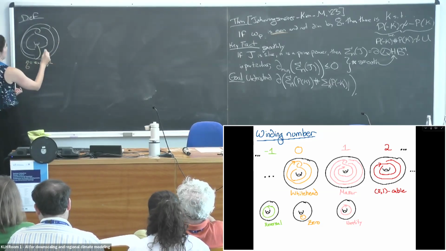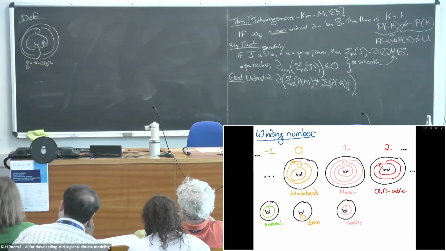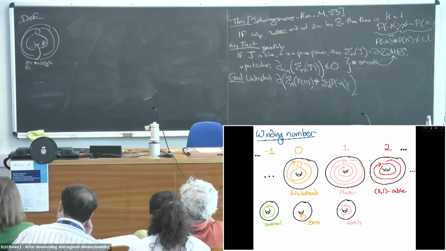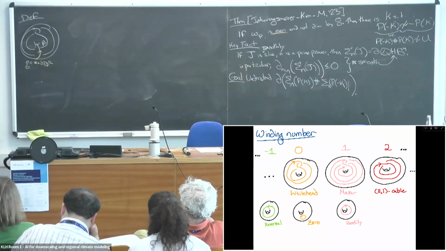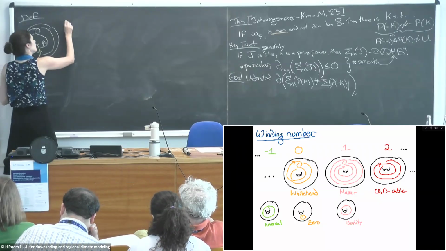Here's my pattern P. You can equally well think about a pattern as being a two-component link, where one of the components is specified and is forced to be the unknot. Let me put orientations on this since I promised I would. One of the components is specified to be the unknot. In particular, observation: